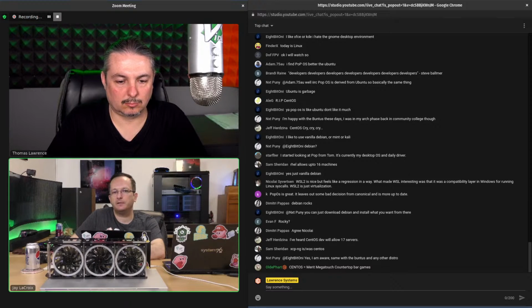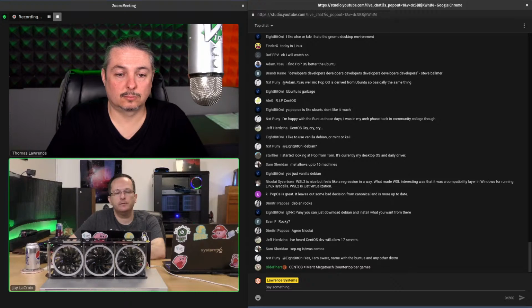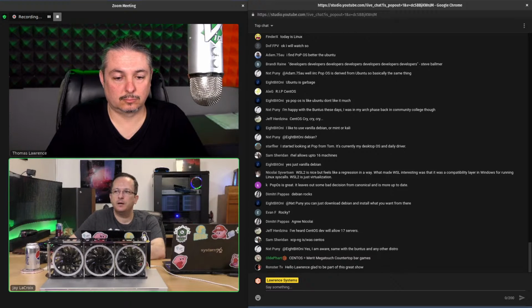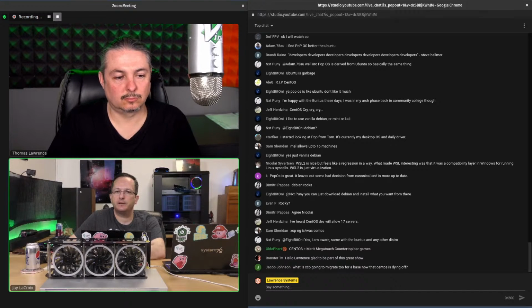There are some people out there that are claiming that we have Alma Linux and we have Rocky Linux as replacements for CentOS, which I'll get to in a minute. But some people argue SUSE is a good step in that direction. I don't know, maybe, maybe not. But one thing I can tell you, it was the case, and I have to assume still is because I haven't heard of this changing. I used to recommend SUSE to people that are a mixed shop, like you're at work, you have a Windows rack, you have a Linux rack, you want to tie into Active Directory.